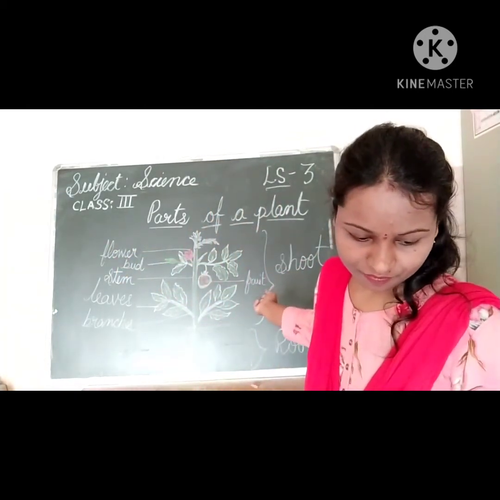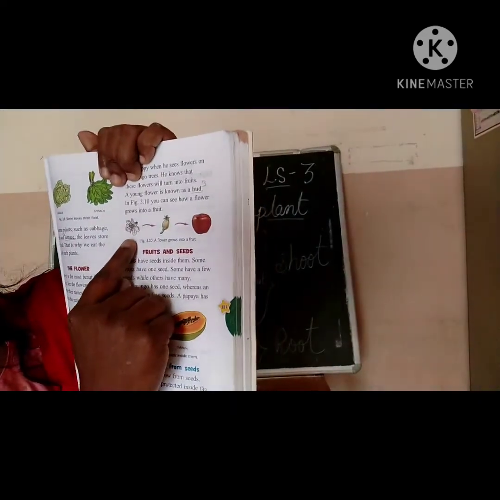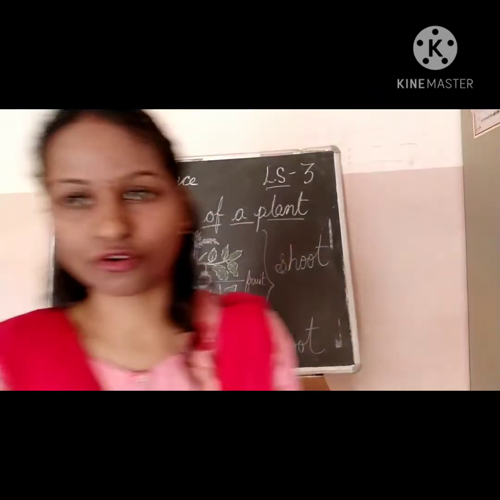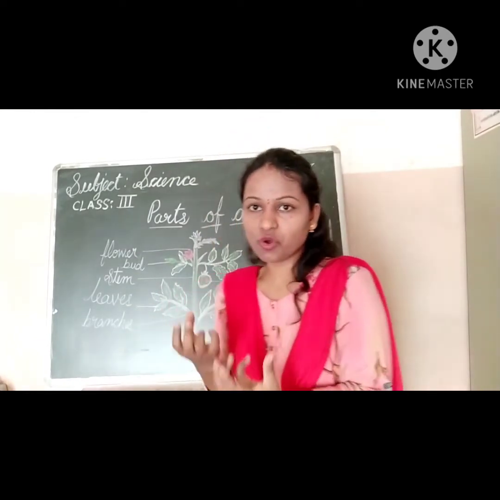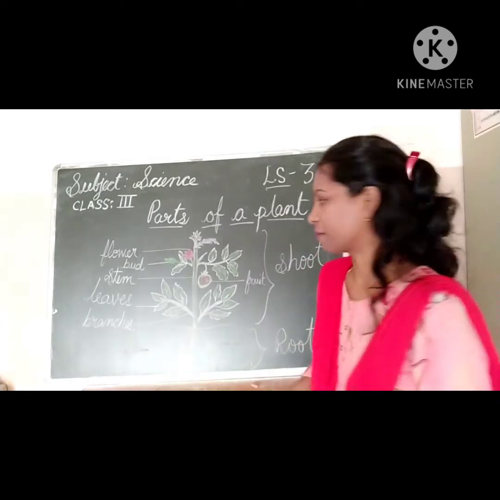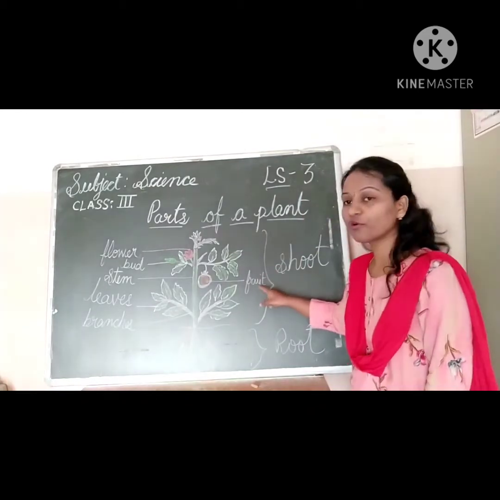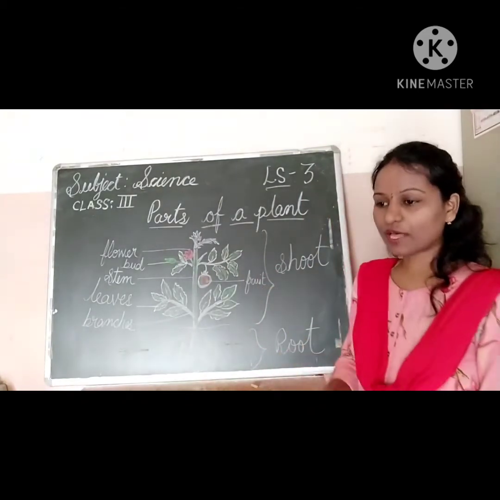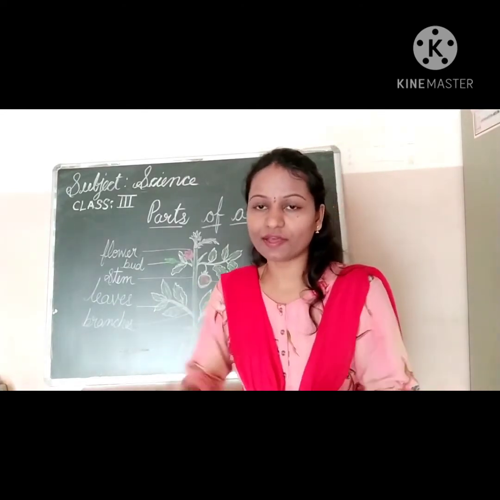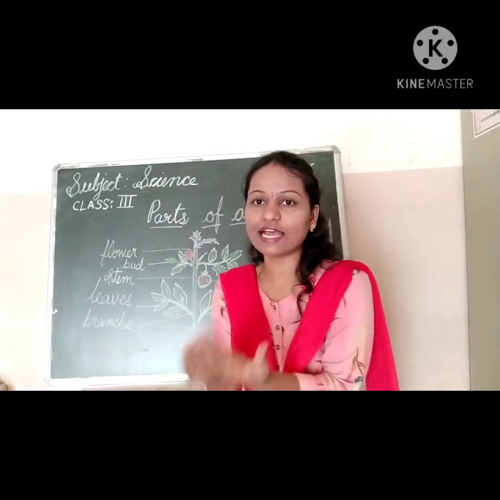Okay, children. See here. The flower is converted into this, and then it is converted into fruit. It stores most of the food of the plant which we eat. Understood, children? Next one is fruit. Fruit consists of seeds, and when the seeds grow in the fruit, it will ripen, and the food is stored in the fruit, and then we eat that fruit.